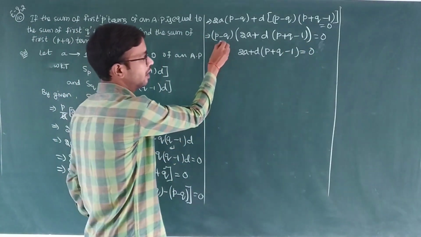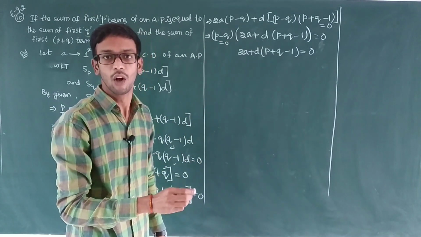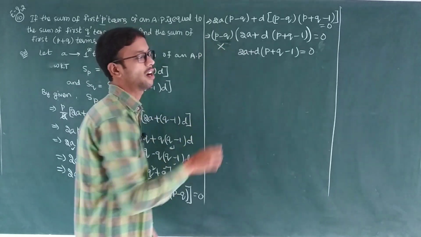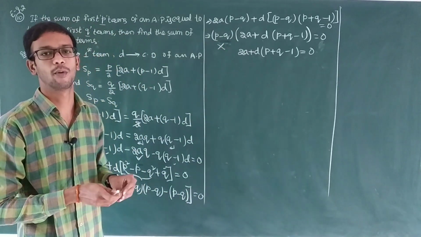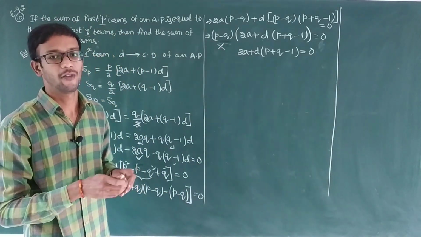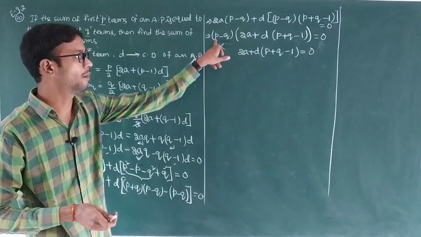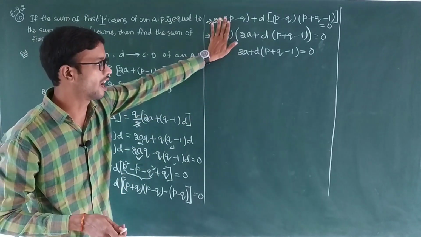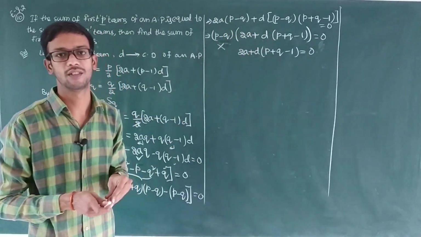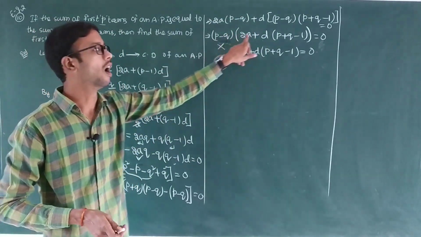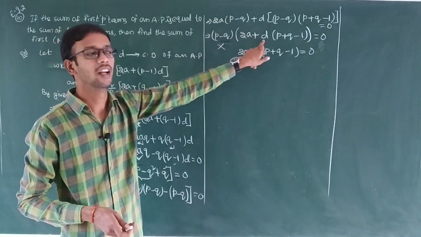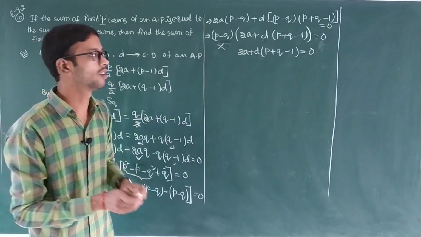Sir, why are you not taking this one? If you take this one equal to 0, p equal to q you will get. So p equal to q is not possible. Why? Because in an arithmetic progression, the common difference should be the same only. So for that purpose, p is not equal to q here. So this one we can't take, only this value equal to 0. Either this one is 0 or this one is 0. This is not possible, which means compulsorily this value should be equal to 0.